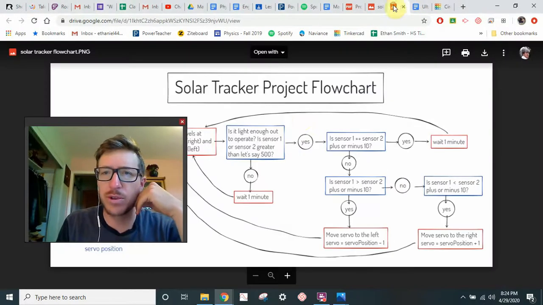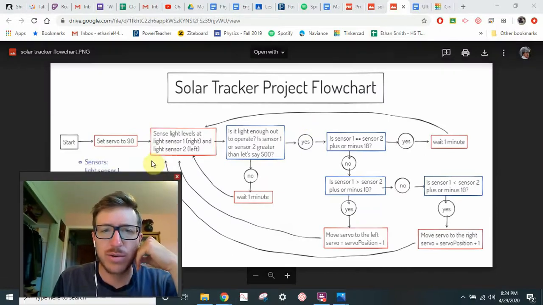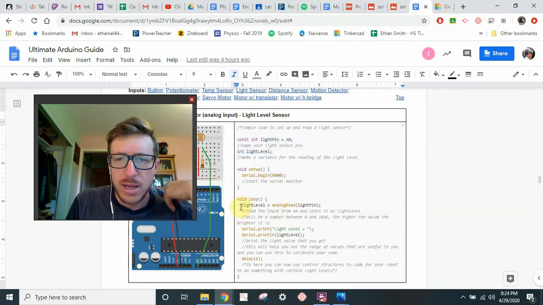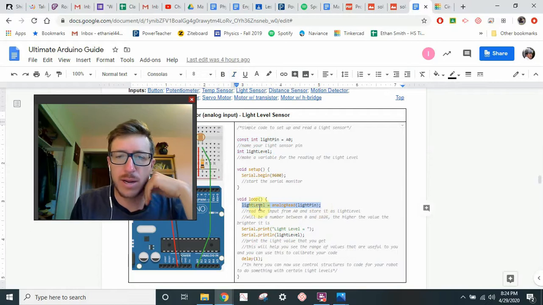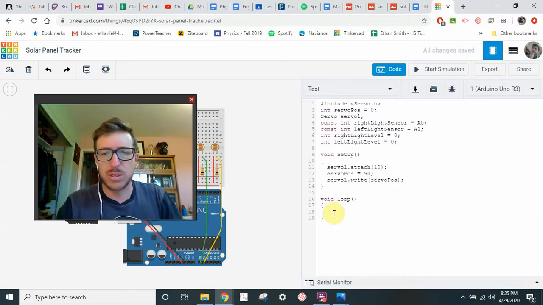So then in the setup, if we look at our flowchart, we set the servo to 90, and then we start asking these questions, right? We sense those light levels. So there we're starting to loop. If I want to read the light level, this is the command for it: the analogRead, because it's on the analog pin. The variable light level is going to be equal to the analogRead on that light pin, on pin A0. So within this loop, one of the first things I'm going to do is